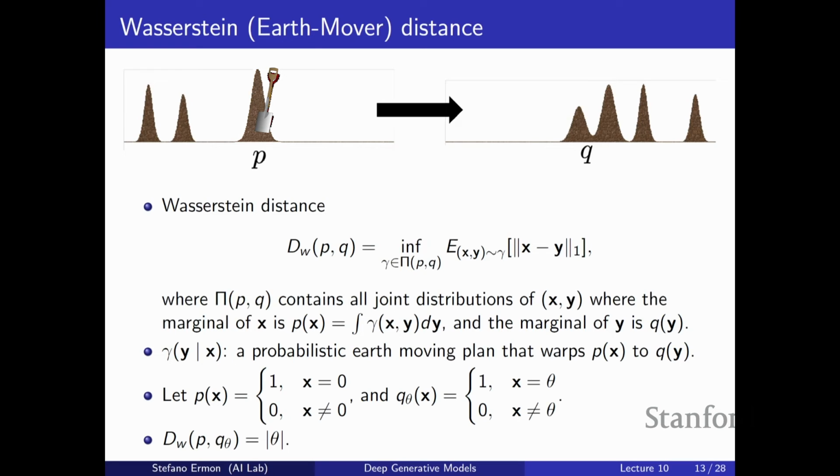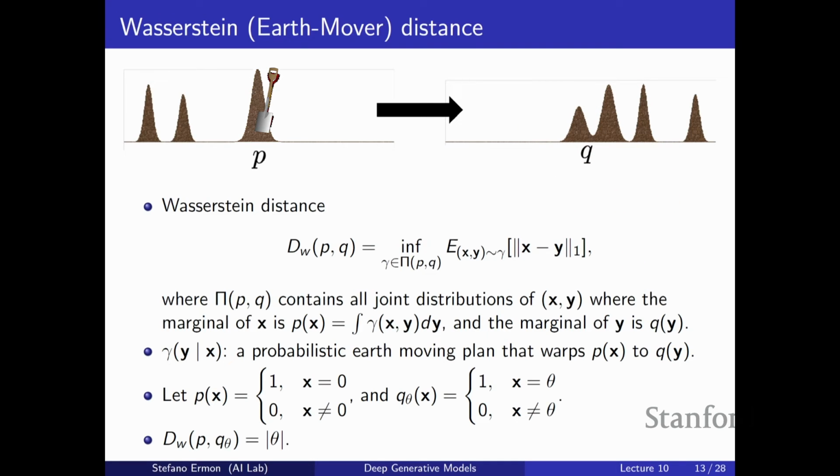And so ideally, you would want to choose a gamma such that when you sample from it, x and y are very close to each other. So you minimize the amount of work that you have to do. But that's non-trivial because you also have to satisfy these constraints that at the end of the day, you've moved all the probability mass that you have to move, and you get this